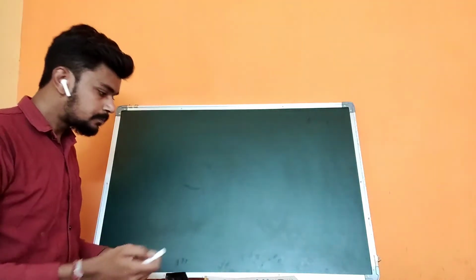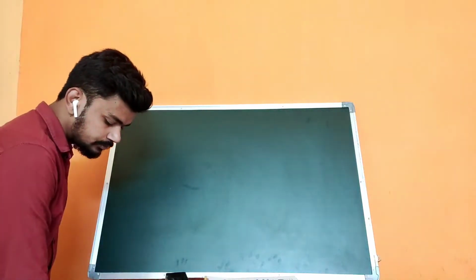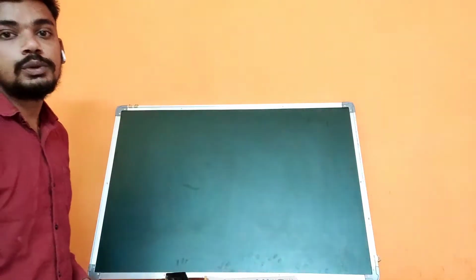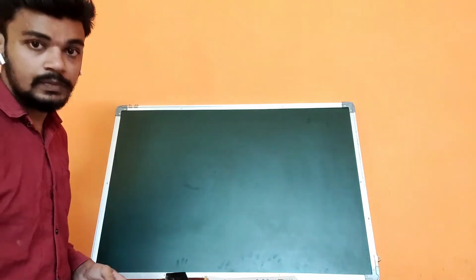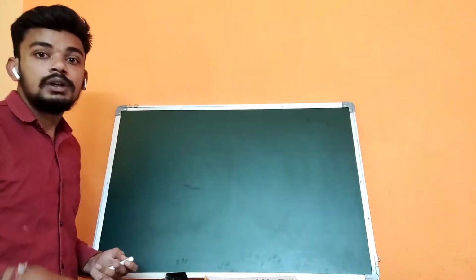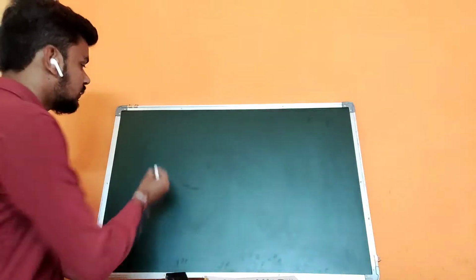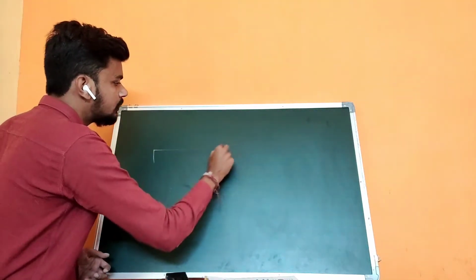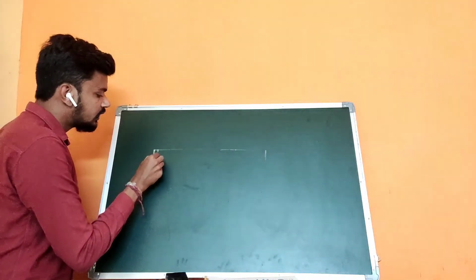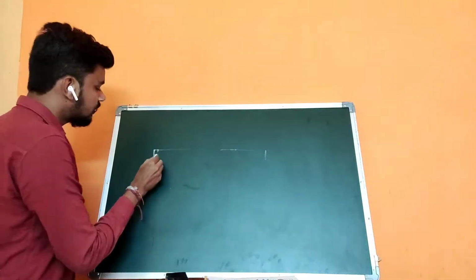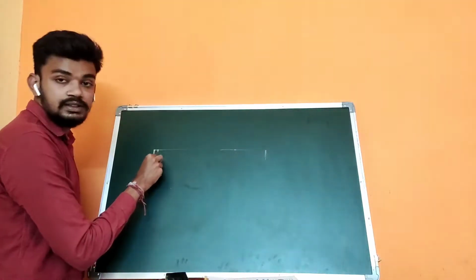Okay, so how can we construct a circle? First, say for example you need to draw a circle of 5 centimeter radius. What is your first step? Your first step is you need a ruler. Say for example the ruler would be like that. It is a centimeter ruler. Here it is the starting point. Some rulers have 0 written, some don't. So from here is the starting point.